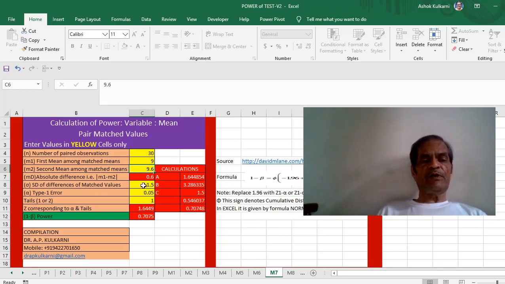Then the next thing you have to enter, you cannot enter this 0.6, the value corresponding to 0.6, because this will be automatically calculated by the program or the application. And then you have to enter the standard deviation. It was, say, 1.5, the standard deviation of the differences of the matched values. So whatever differences between the before and after were found in each of the 30 individuals, the standard deviation of that